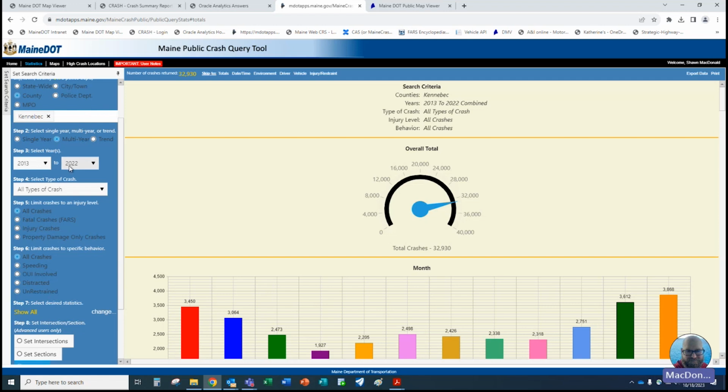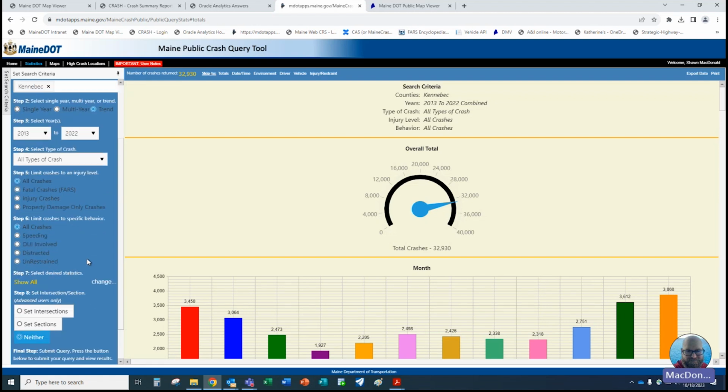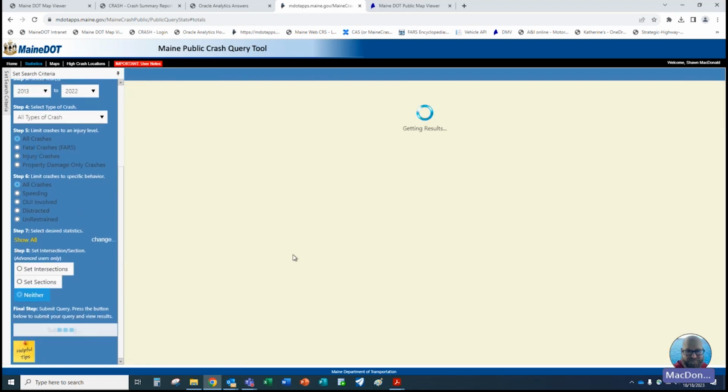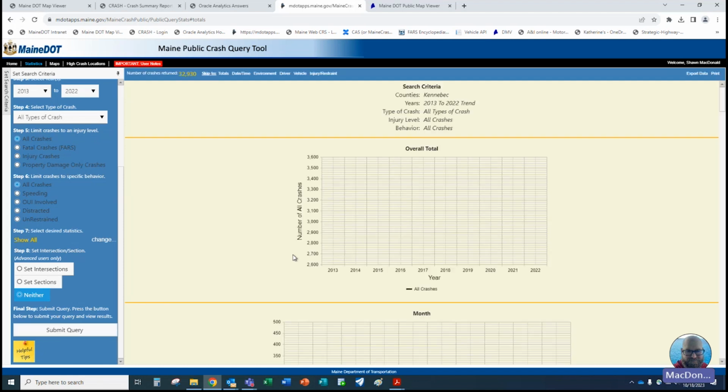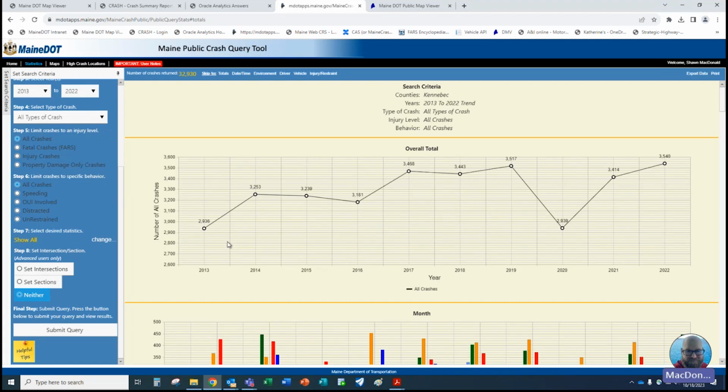You could run it by year if you wanted to, but you could also get that data by running it by trends. When you submit that query, it's going to plot that information out into a trend graph, and it'll give you the information per year this time instead of populating it as a lump sum. So as you can see, this breaks down each year for Kennebec County. If you ever needed to get that data by year, you don't have to run them individually. You can still do a 10-year, but this breaks it out for you so you can see how everything happens 1 year at a time, which is another nice feature of this tool.